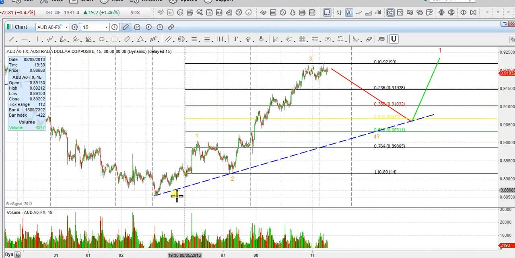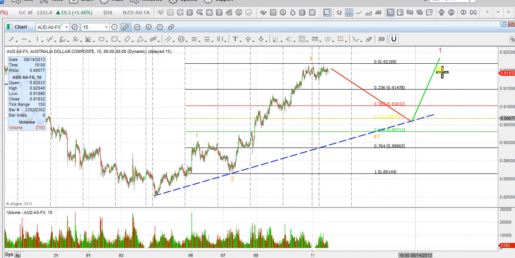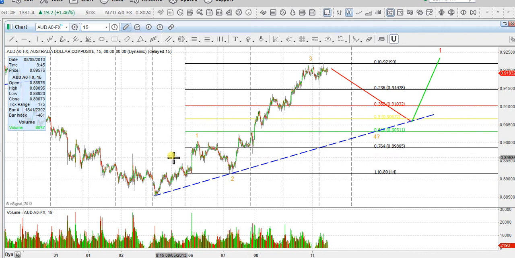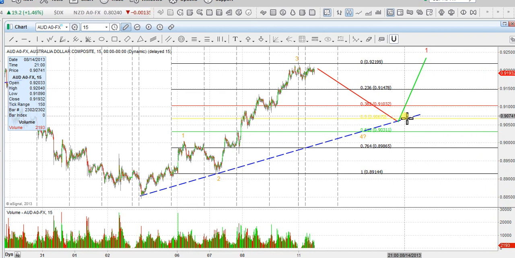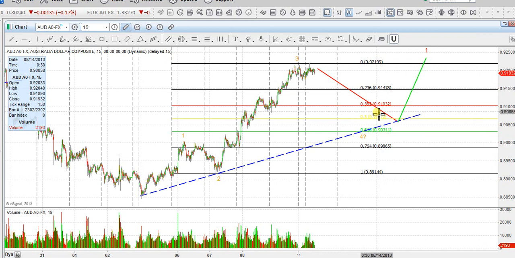With this being the extended wave, we're expecting wave 5 to do the distance of wave 1. So wave 1 moved about 150 pips. So from that level, from 0.905, we're expecting prices to go towards 0.92, or even set new highs. So 0.922, but a good target for this pair would be at 0.92. So look to go long at 0.907 and 0.905, so half and half, and then look for prices to push towards 0.921 with your stops below that 0.90 level.